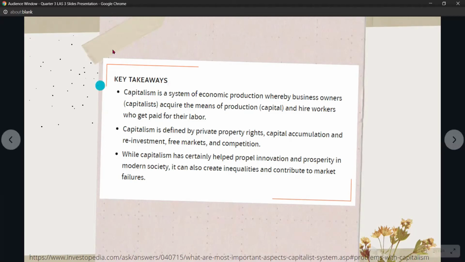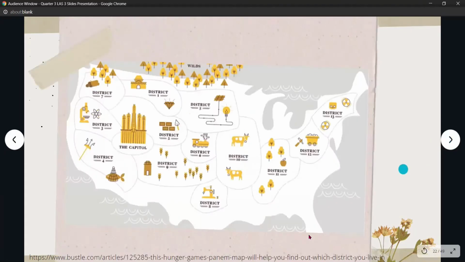Let's look at this map of the nation of Panem, the setting of the novel The Hunger Games. The capital is the seat of government. The capital, in so many ways, represents the capitalist system, where the rich become richer and the poor become poorer. In order to retain itself in power, the Treaty of the Treason was created. Let's watch this to learn about that.